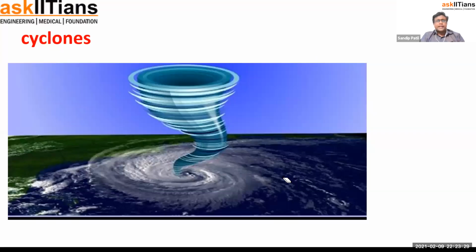So let's move. Next, we have the cyclones, right? When we talk about cyclones, they mostly affect the coastal areas. I told you, right? Coastal means those areas which are nearer to the oceans. Okay, so it is like a tornado. Tornado doesn't need the ocean. It happens on the land also, right? Where there is a lot of sand in deserts, we can say tornadoes are common. In India, there are not a lot of tornadoes, but in other countries, yeah, tornado is also the case.